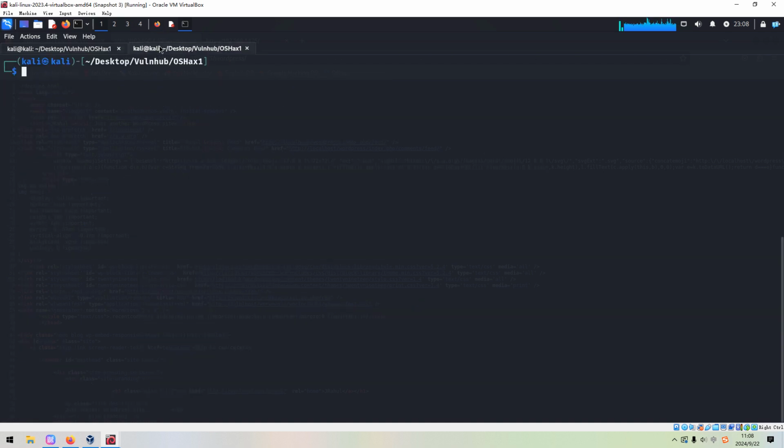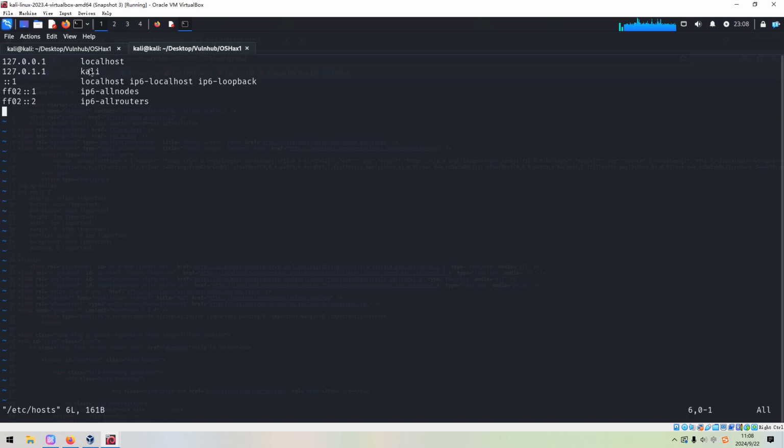We can edit the hosts file, remove the first three entries, and put the IP address of the target and then localhost. Normally we can use it this way, but I don't know what kind of reason led me to this problem.